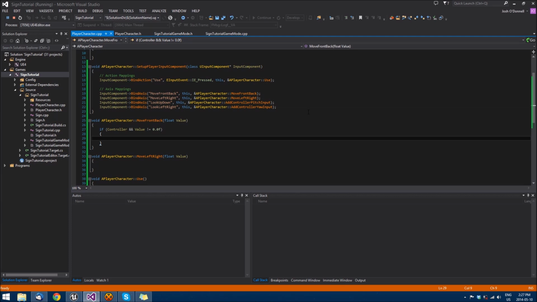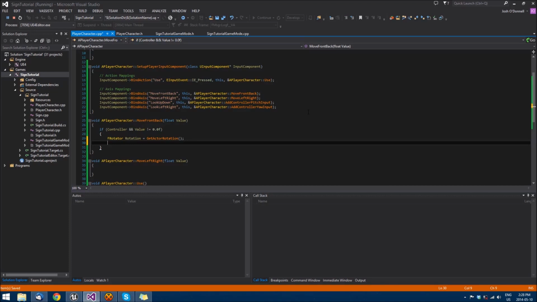some processing time. So we're going to have to get the rotation using an F rotator of our actor, which we can just do get actor rotation. And if we're moving forward and backwards, we might be looking at the ground or into the air. So if we are